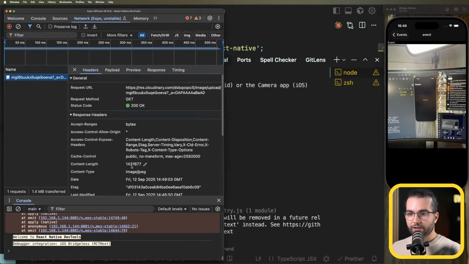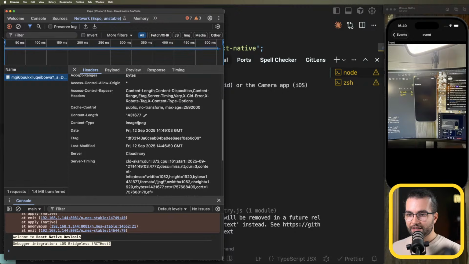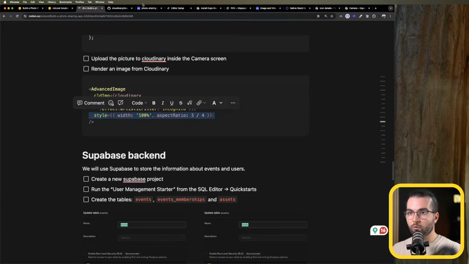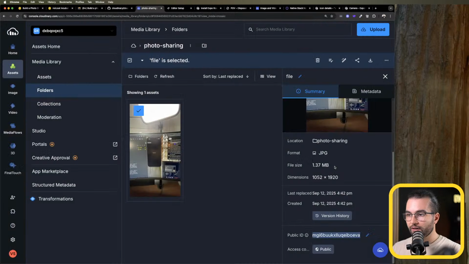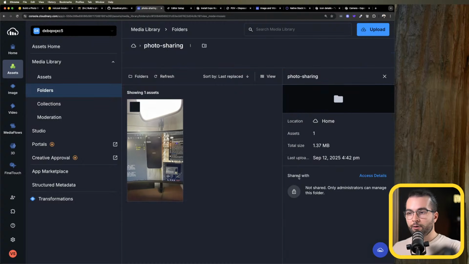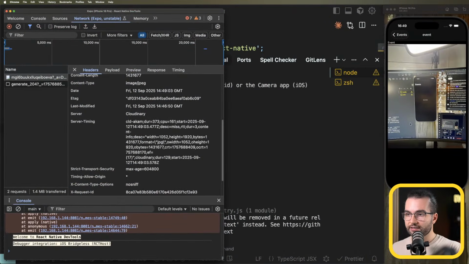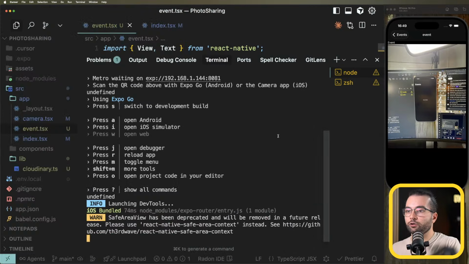And if I look at the size of this request, we see 1.4 megabytes. If we look into our dashboard, 1.4 megabytes is the full file size. But the full file size is quite large, especially for a small device, and especially if we don't want to load it